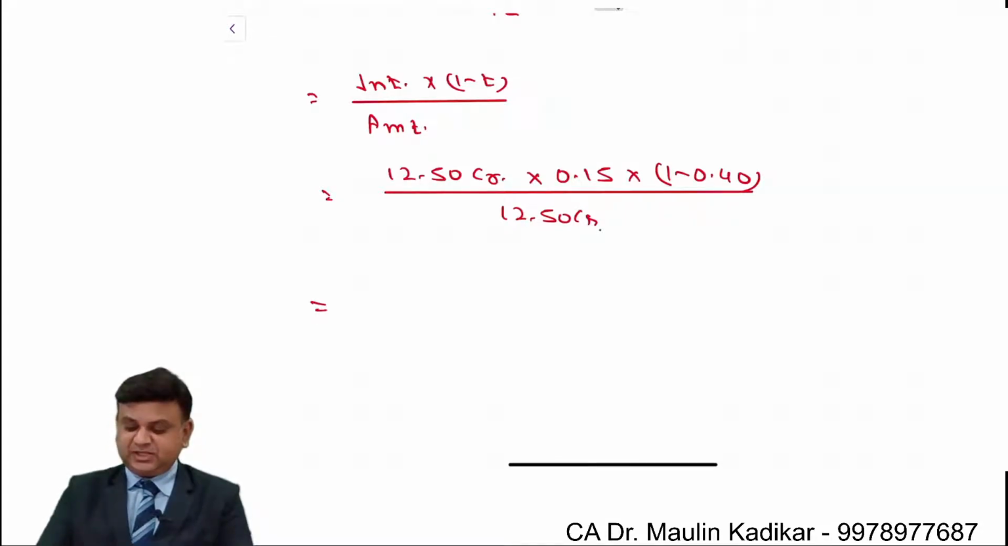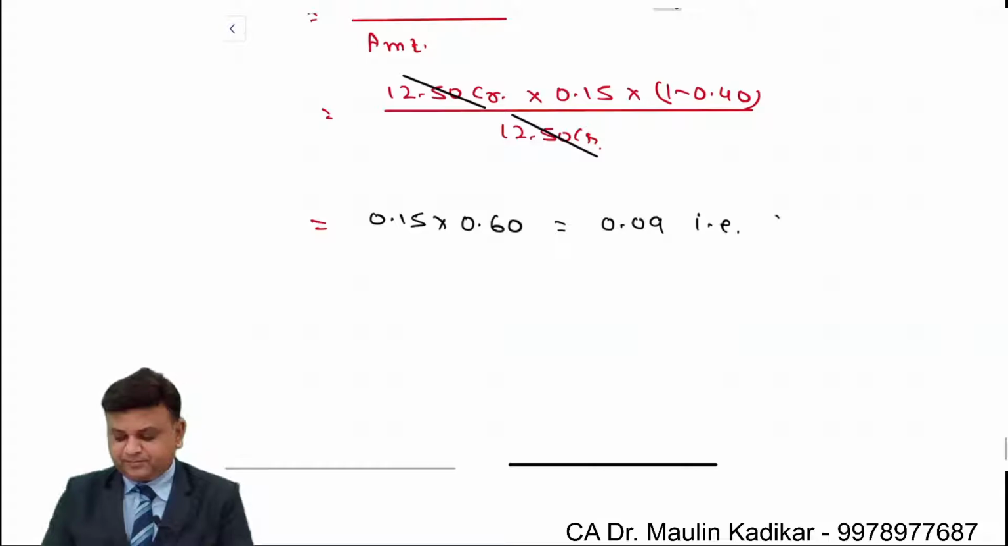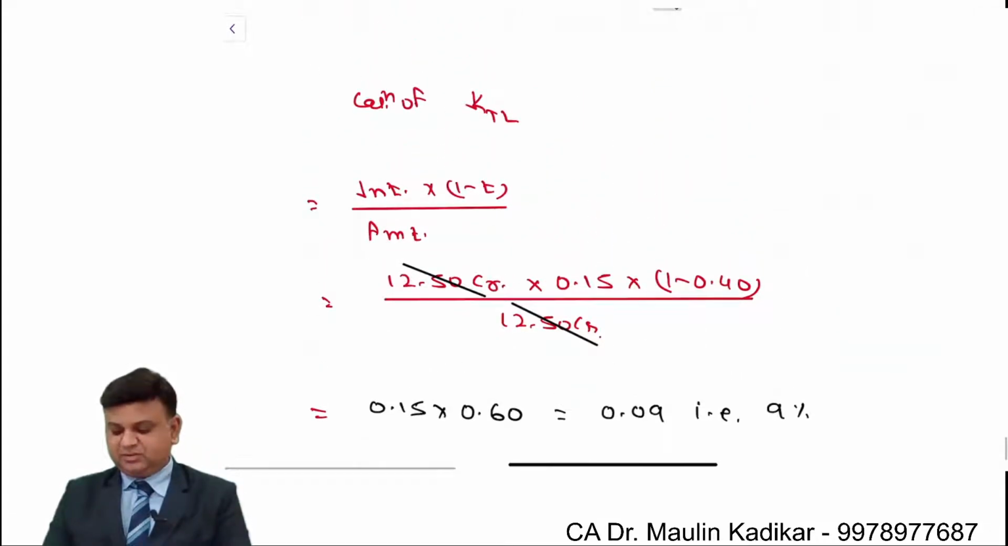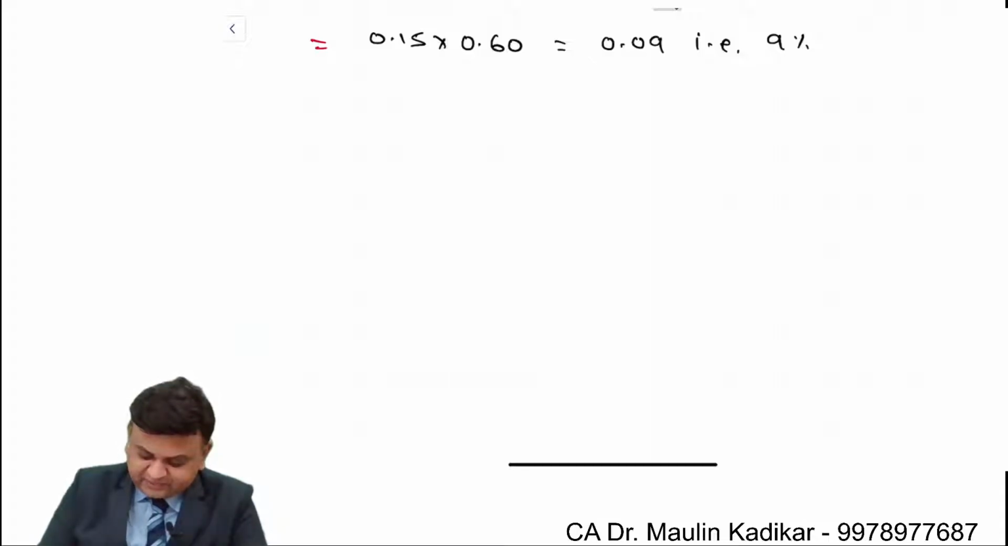So as per the discussion that we had in the previous lecture, you can very well understand that this 12.5 crore is cancelled against that 12.5 crore. So what will happen? 15% into 0.6 comes to 0.09, that is 9%. That is the way the cost of term loan can be calculated over here. Once you make the computation of the cost of term loan, afterwards